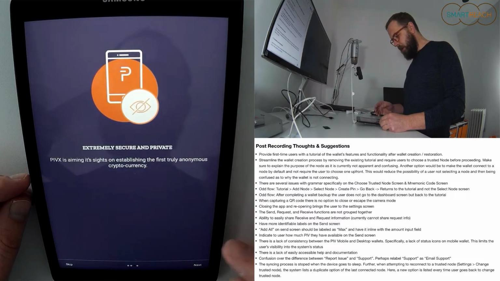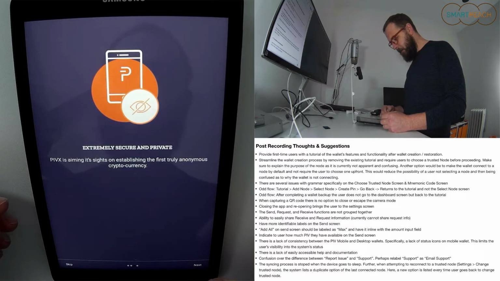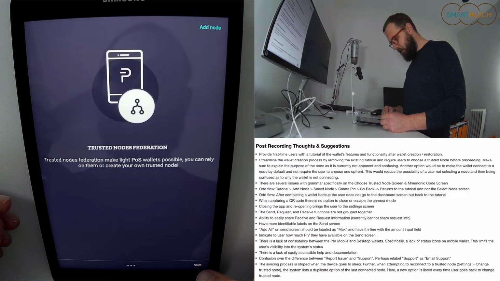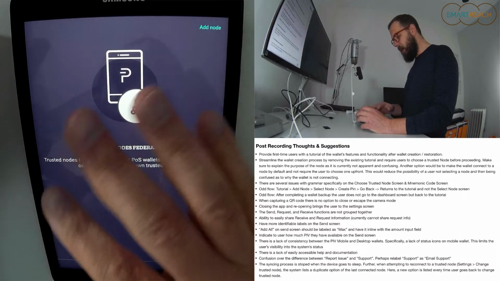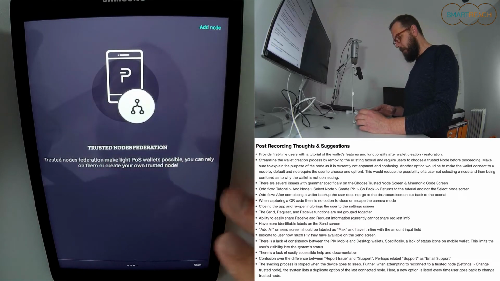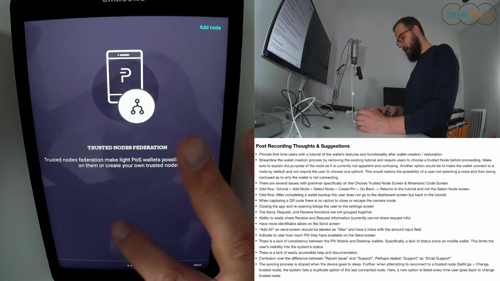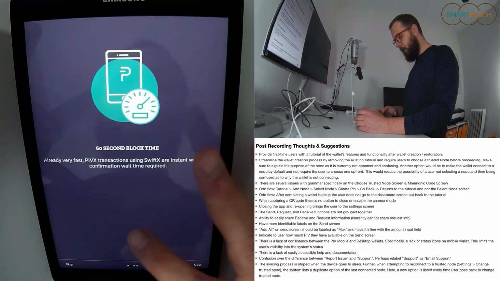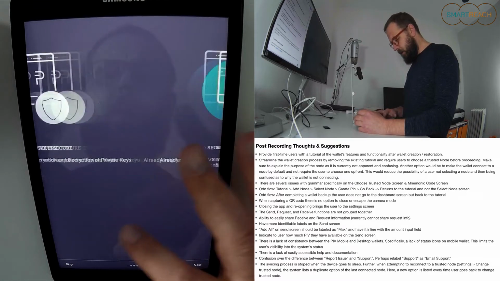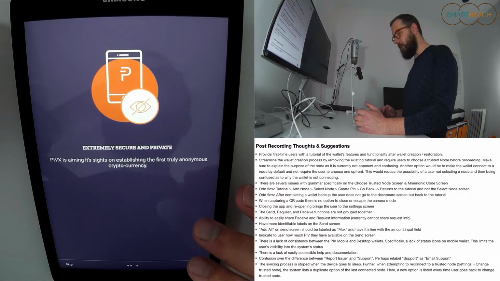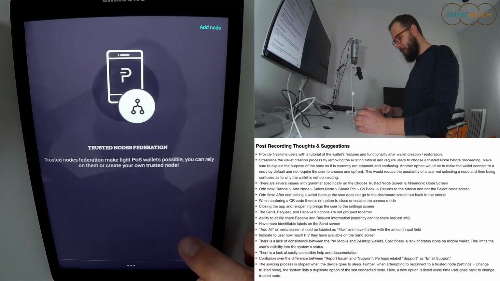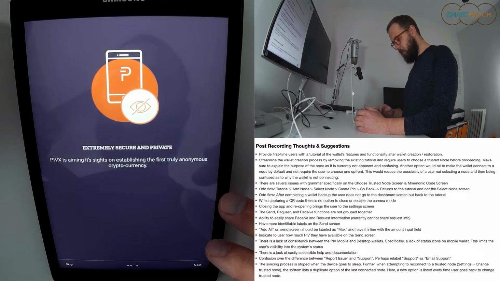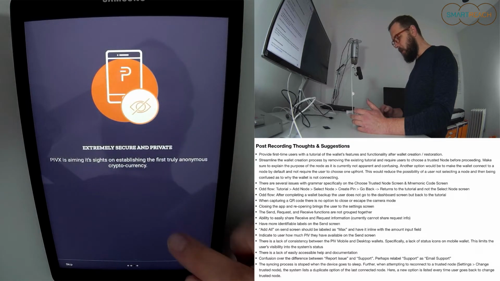You have these buzzwords, secure and private, but unless you have a deep understanding of the blockchain and cryptocurrency, this stuff might not make sense. So I guess what I'm trying to say here is that this tutorial could be for a lot of people, but it's not going to inform them of anything that's needed for them to establish a better mental model of what this stuff is. I know that the main thing around PIV is that it is a privacy coin, but